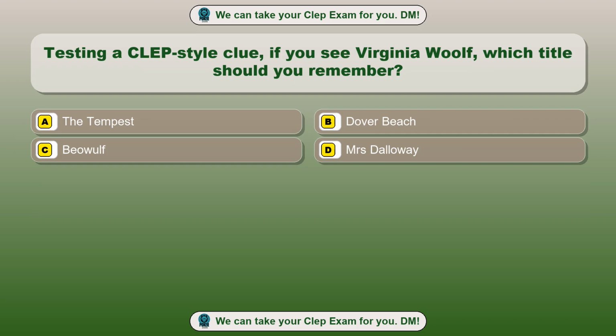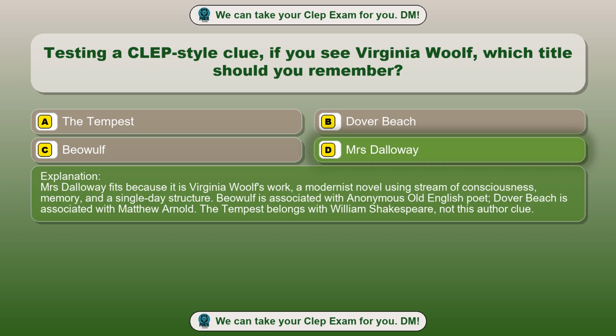Question 73. Testing a CLEP-style clue. If you see Virginia Woolf, which title should you remember? Option A, The Tempest. Option B, Dover Beach. Option C, Beowulf. Option D, Mrs. Dalloway. The correct answer is option D, Mrs. Dalloway. Mrs. Dalloway fits because it is Virginia Woolf's work, a modernist novel using stream of consciousness, memory, and a